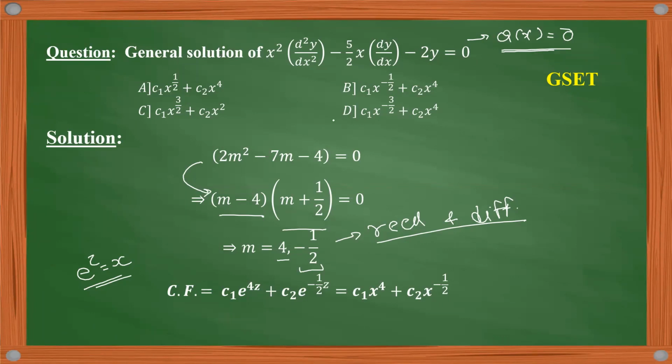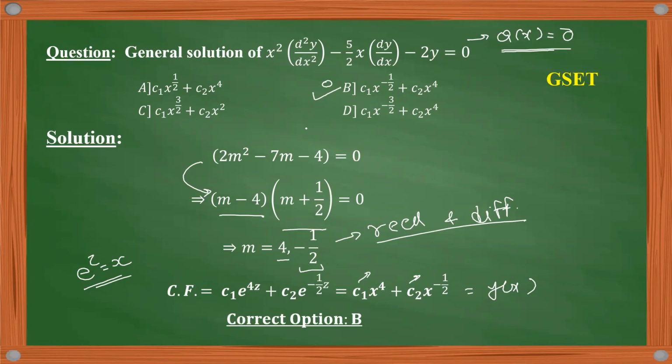So now just see which option is correct. This is our general solution, that is equal to y of x equals c1 x to the power 4 plus c2 x to the power minus 1 half. So just see which can be true. We can see that option B is true, because here for x to the power minus 1 half they have written c1, but we can just substitute c1 in place of c2. So our solution will be option B. So option B will be the correct option.